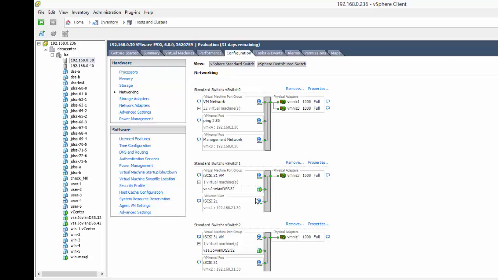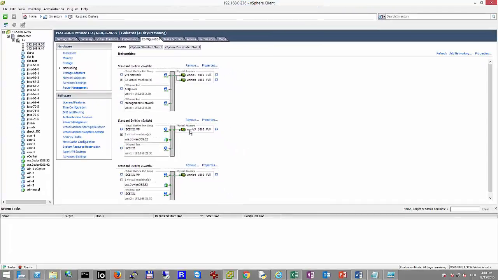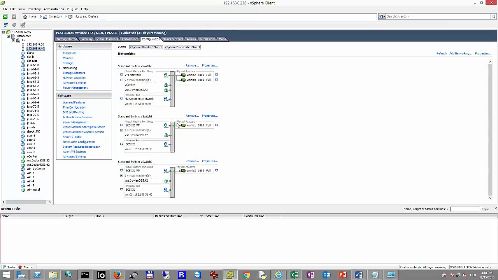So iSCSI is exported from the Jovians as multipath over two different paths. Now, coming back to our iSCSI setup, we have two paths on the first server, and the second one, believe me, is identical. We also have a redundant path on our management network, and here two paths to access the iSCSI.